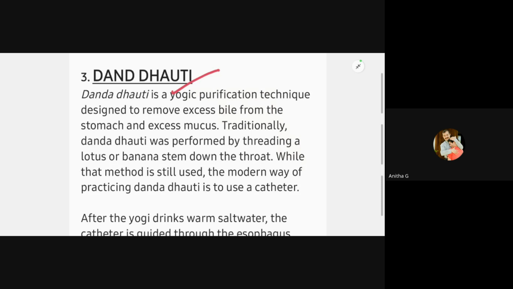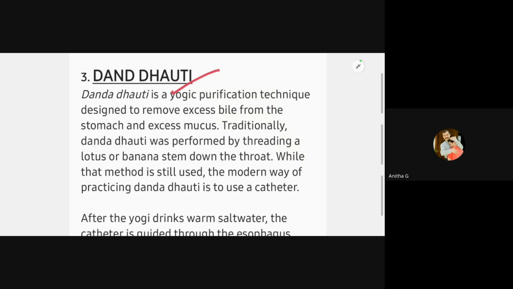For this I would give you the reference, because Danda Dhoti is not really present in English textbooks, in Shatkarma. I would suggest you take the reference of your Gheranda Samhita. In Gheranda Samhita, under Hrid Dhoti, part 1, Danda Dhoti is given and the explanation is also beautifully given. If anything is asked, they will ask according to its practical aspect from there only. So kindly take the reference from that book only.